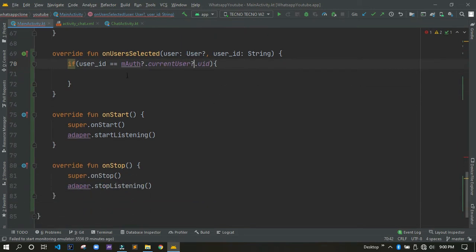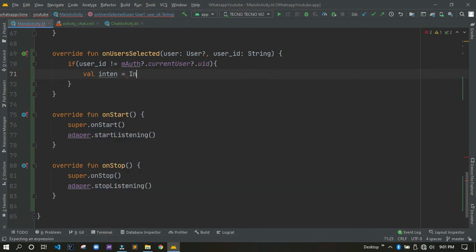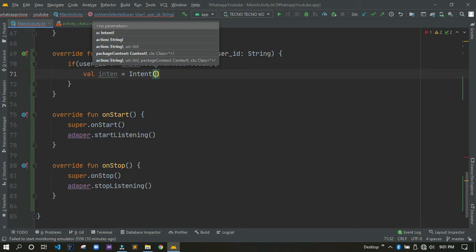So if it's the same ID, then we don't want to, or we can even make this not equal to. So the user can only click on the user only if the current user is not equal to himself, and if it's not equal to, then we want to fire up an intent. So we call this intent, and this will be equal to the normal intent for Android. And then in here we need to use the application context or just a context. So I can say getApplicationContext, but since we want to use the property access syntax, we can just do